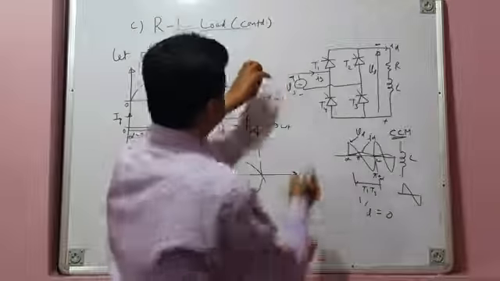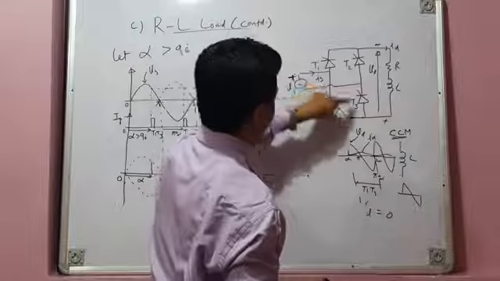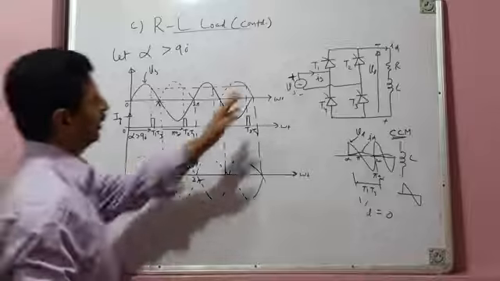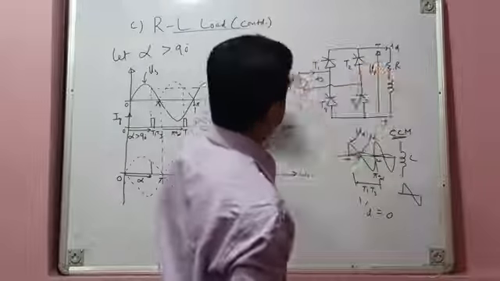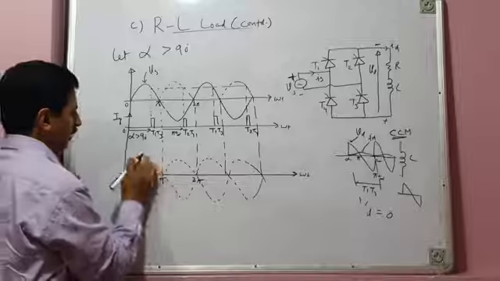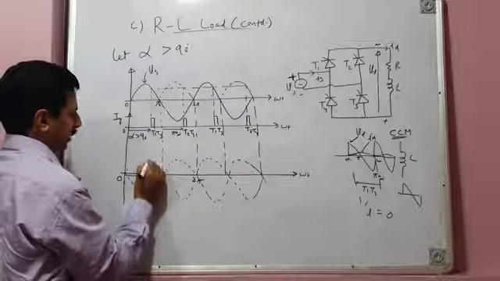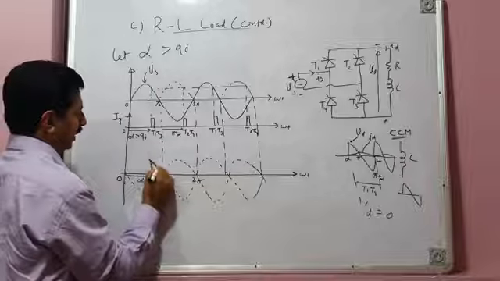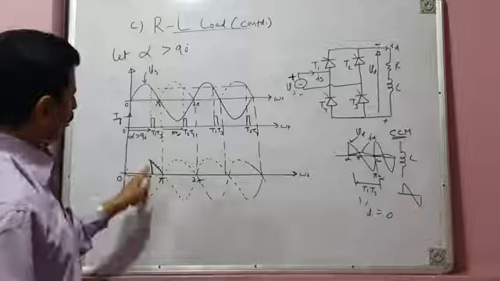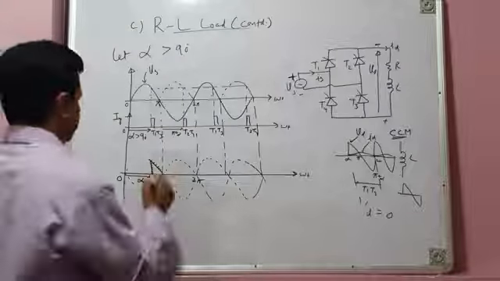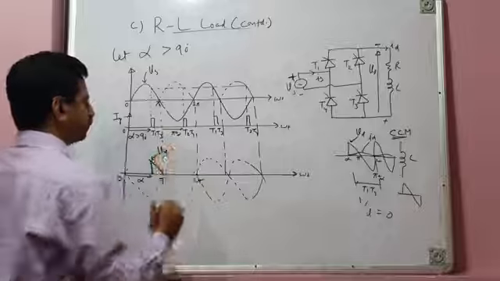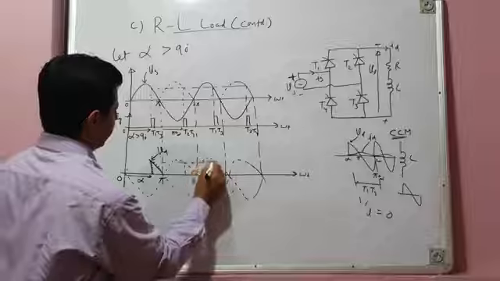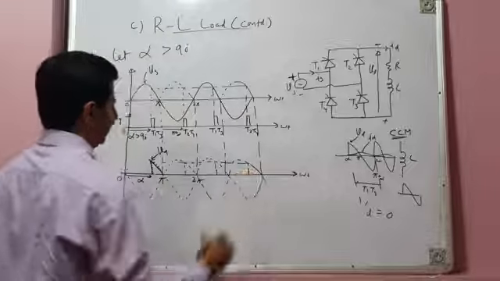Here firing pulse is issued to the thyristor pair. Since positive half cycle of source voltage is there, thyristor pair T1 and T3 are fired at alpha greater than 90 degrees, around 120 degrees. So this pair will immediately go into conduction. Load will be connected directly across the source, and whatever is the remaining small segment of positive half cycle of source voltage will get applied across the load, and load voltage will be equal to source voltage. So this is load voltage Vd, and you can see next firing occurs here. Let us show first these firing instants. Next firing here, next firing here.